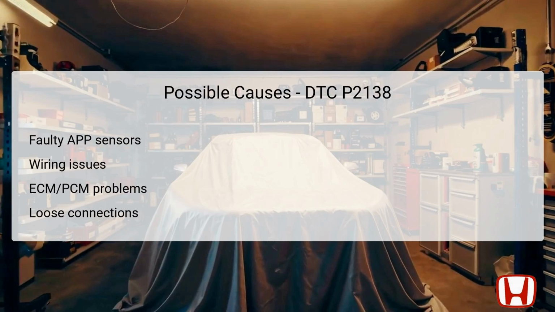Several potential causes can trigger DTC P2138, primarily associated with faults in the APP sensors, wiring, or connections. First, the APP sensors themselves can fail, meaning they are no longer capable of generating the proper voltage signals. Another common issue is wiring problems, such as frayed or damaged wires that can disrupt the electrical signals between the